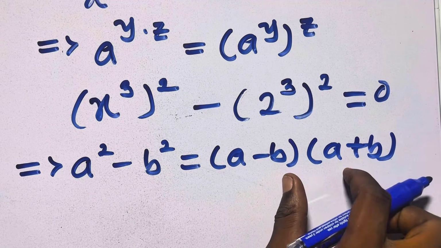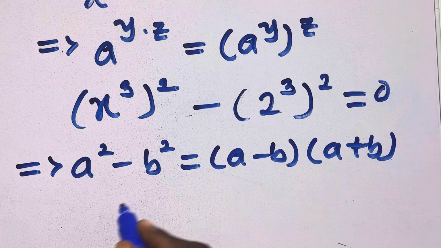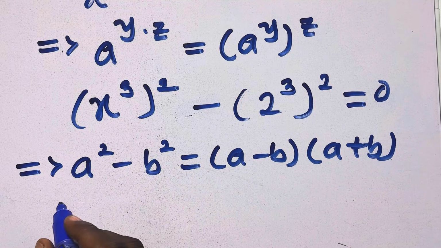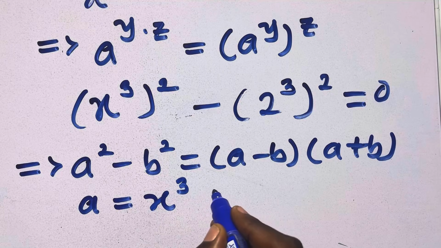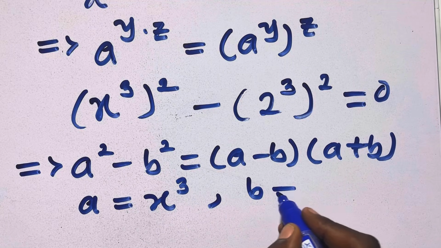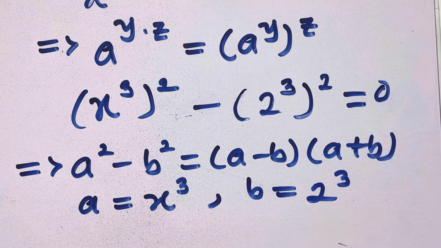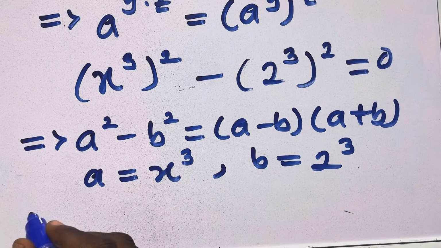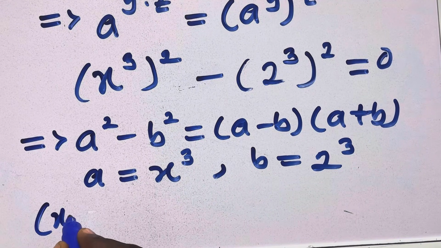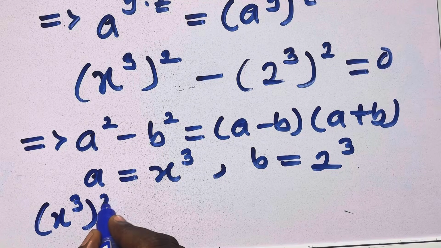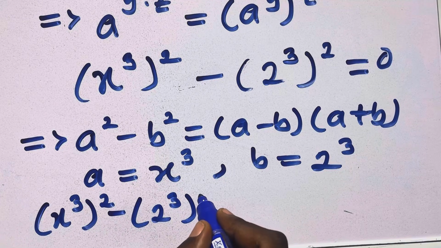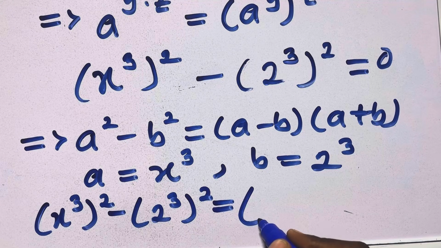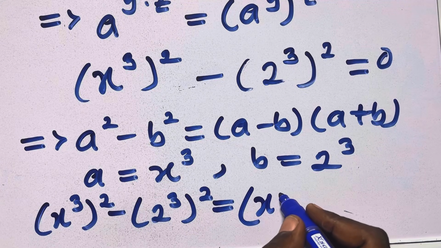Applying this to what we have above, our a is x raised to the power 3, and our b is 2 raised to the power 3. So by applying it, x raised to the power 3 raised to the power 2 minus 2 raised to the power 3 raised to the power 2 equals, open brackets, x raised to the power 3